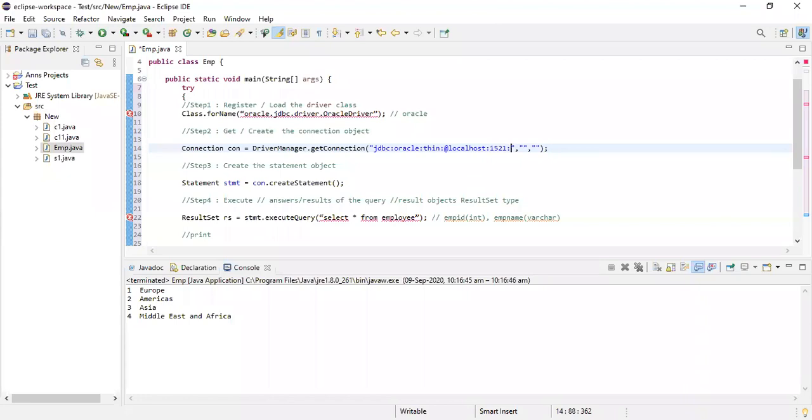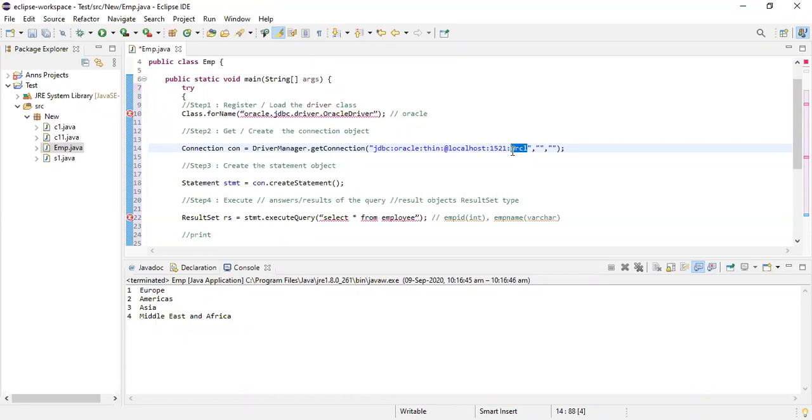Okay, and for my database, the instance name is ORCL. Hope all of you remember the name when you were installing your Oracle database. You found a name, and then you had to type in a username and a password at the beginning of the installation. In my video, I very clearly told you to please remember this username. My username is ORCL.